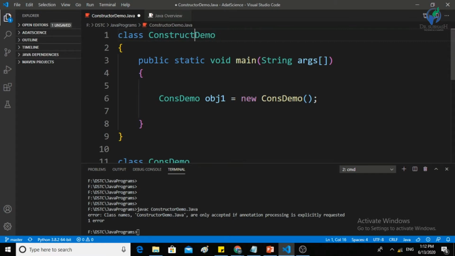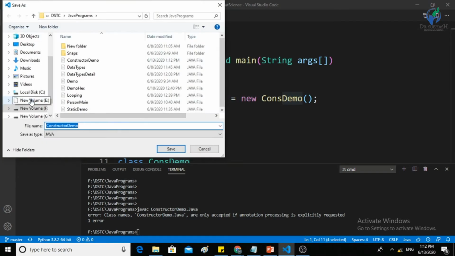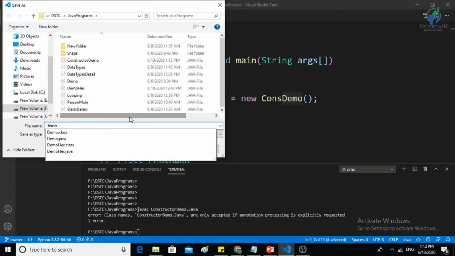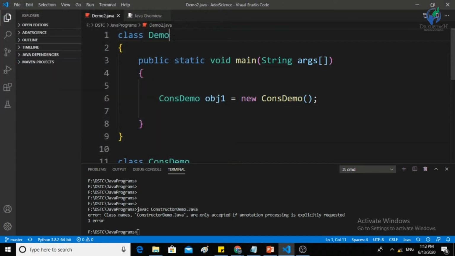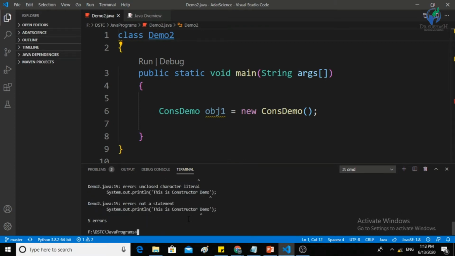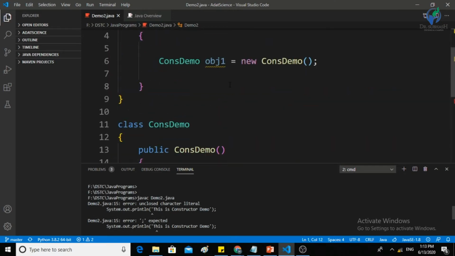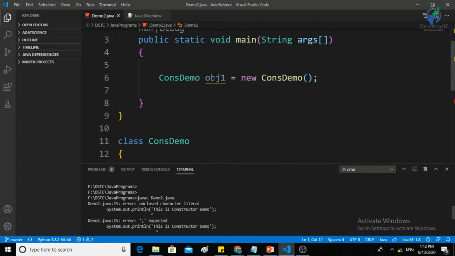Let's try with a different name and save this file as demo 2.java. Let's save this code and compile it with demo 2.java.